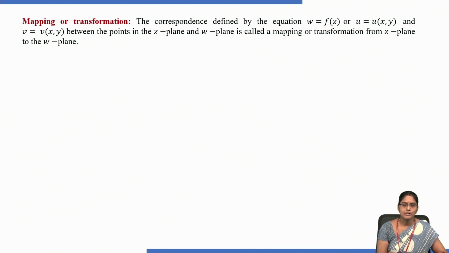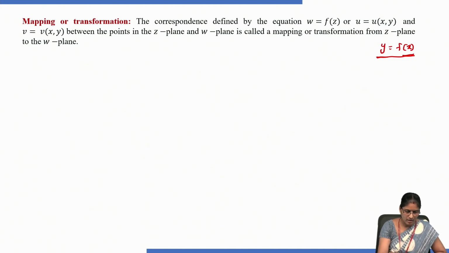So another name of transformation is mapping. Let us consider the function y is equal to f of x. y is equal to f of x is a real valued function. Then the equation y equal to f of x gives a relationship between the points in x plane, x-axis and y-axis. But when f of z is a complex valued function,